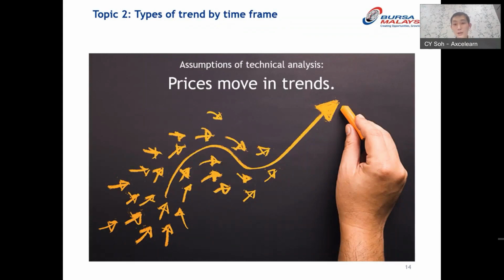When the fundamentals improve, there will be an uptrend. When fundamentals are getting poorer, there would be an expectation of a downtrend. So fundamental analysis also follows a similar route. Now,